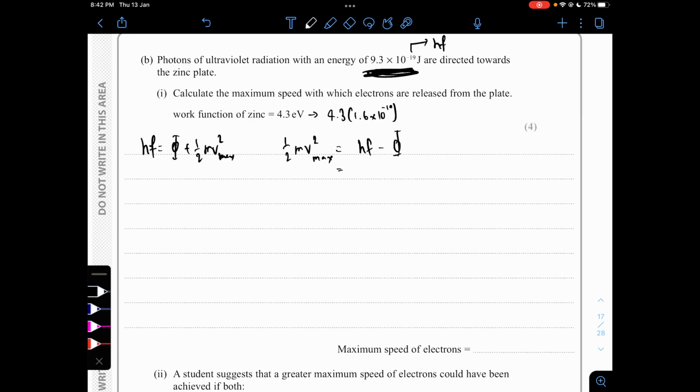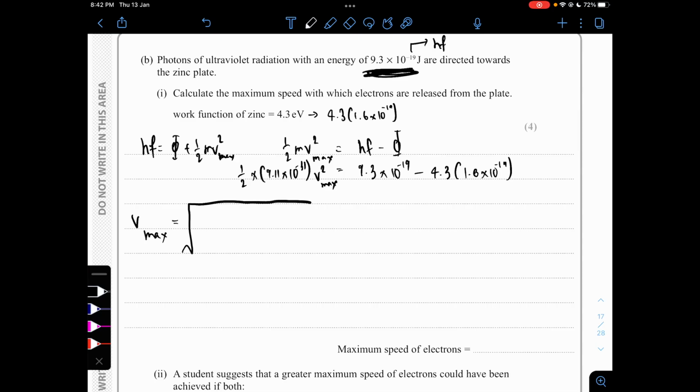Okay, so let's do that. And this is our work function. So this would be 9.3 times 10 to the power of negative 19, take away 4.3 times 1.6 times 10 to the power of negative 19. Okay, that's our half mv squared, right? That's equivalent to half times the mass of an electron, 9.11 times 10 to the power of minus 31, times v squared max. So v max would be, obviously, the square root of